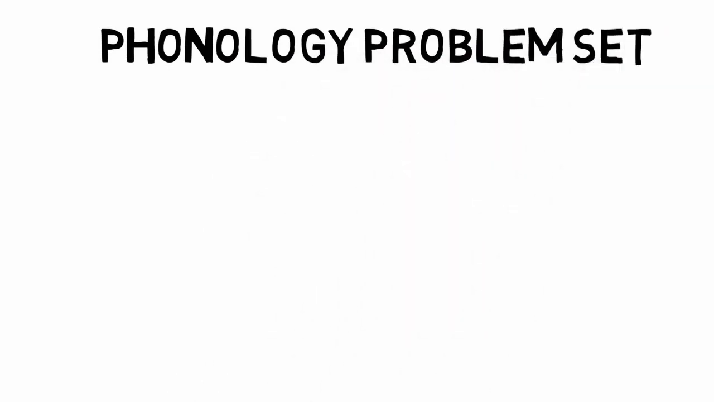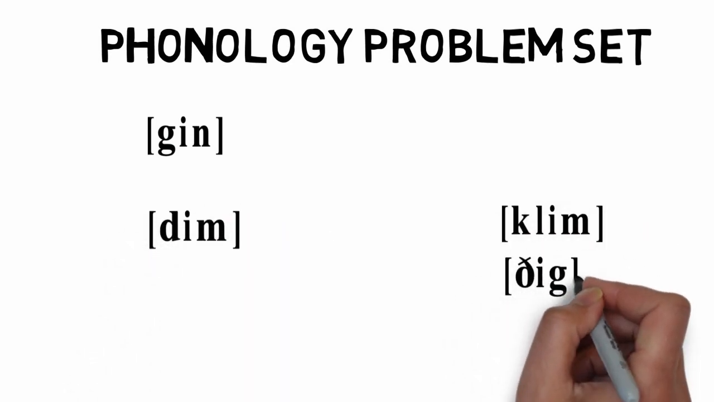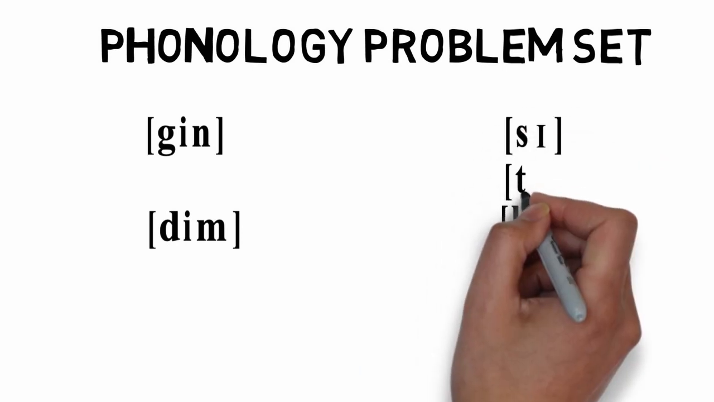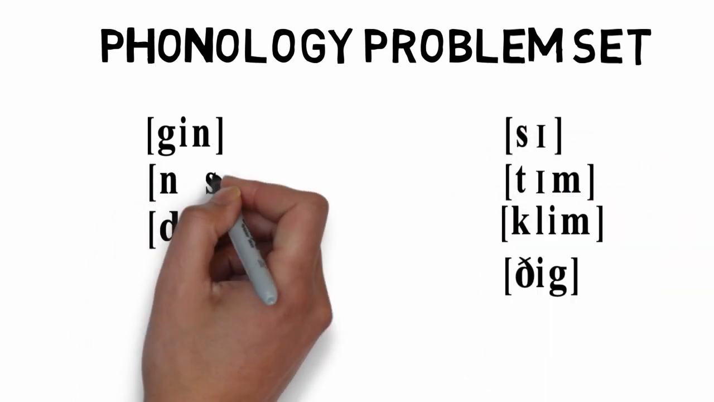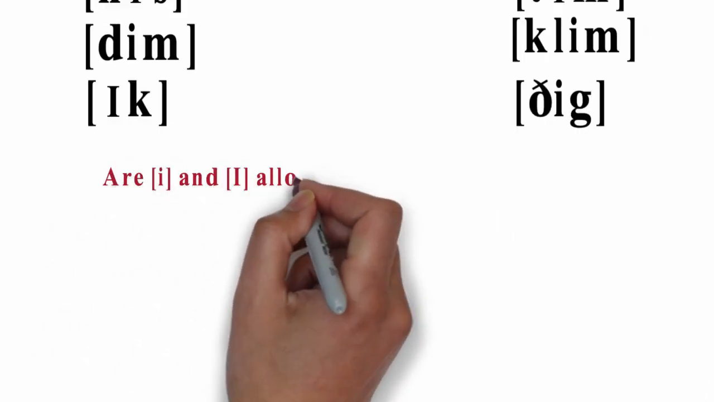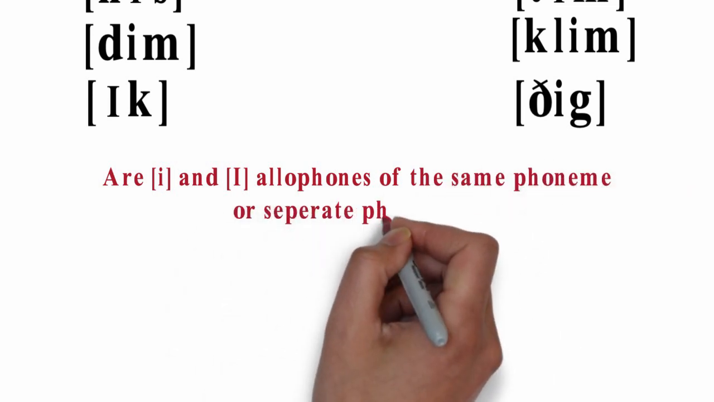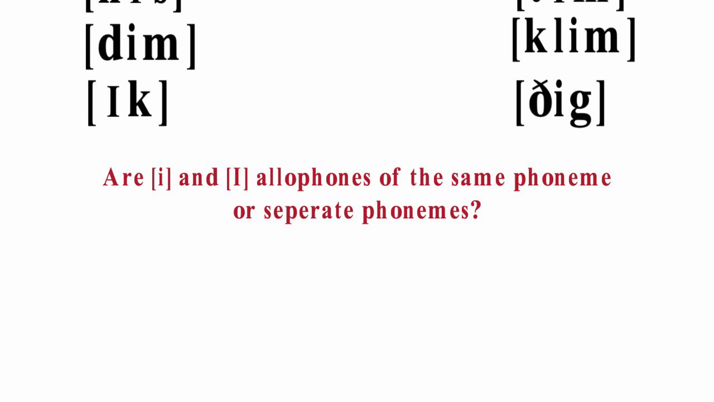Let's try a fictional language that I've just made up. And I'm going to give you some data. This is presumably the entire language. There's nothing missing. So, we've got a series of words. We've got geen, cleam, deem, theg, se, tim, nis, and ik. Now, based on these data, can we determine whether the sounds e and i are allophones